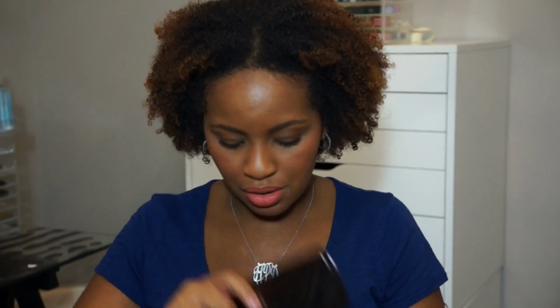So this is the trio, but I also have a full size one, and this is Mood Light, which is the pinky tone one. Basically I'll use this one all over my face, or if I want to use the trio, then I'll use this one, which is Dim Light, all over my face, Incandescent Light as a highlight, and then Radiant Light over my blush bronzer area on my cheeks. So I kind of use these interchangeably, just depending on how I'm feeling that day and what I want to do. But if I just want to smooth out my face, I typically will go for the large one